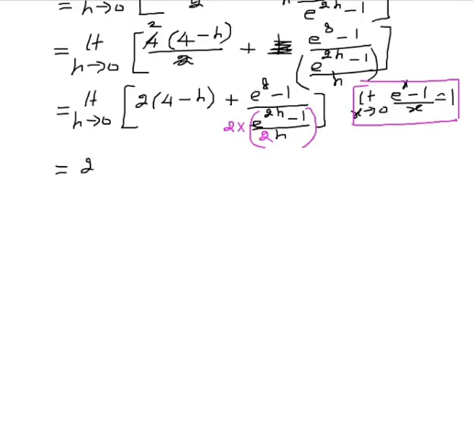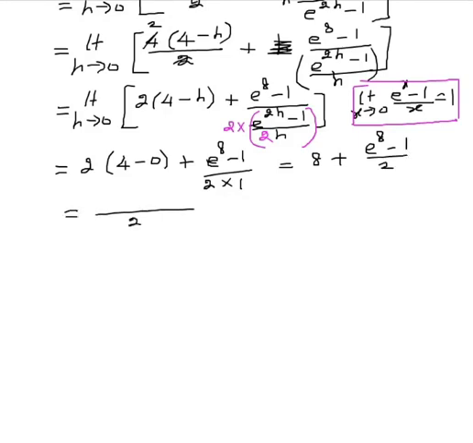Let us apply the limit. So 2 times 4 minus 0 plus e power 8 minus 1 is a constant divided by this limit formula, this becomes 1. As h tends to 0, 2h also tends to 0. So we can apply that formula. It becomes 8 plus e raised to 8 minus 1 divided by 2. 2 is the LCM. 16 plus e raised to 8 minus 1, which is 15 plus e raised to 8 by